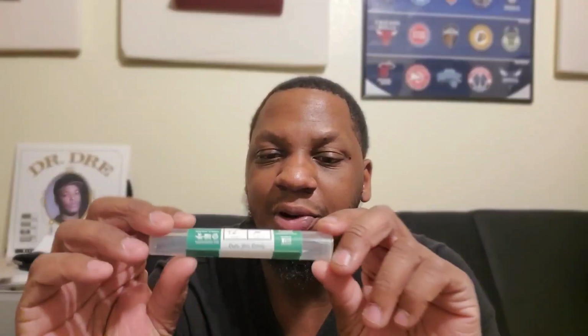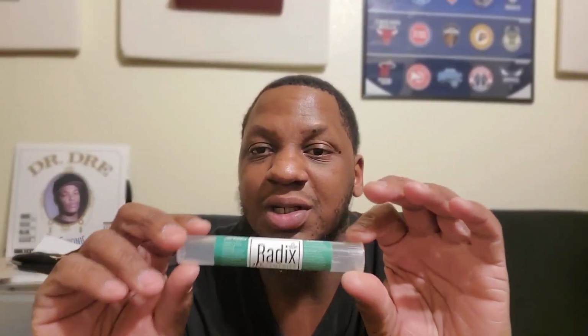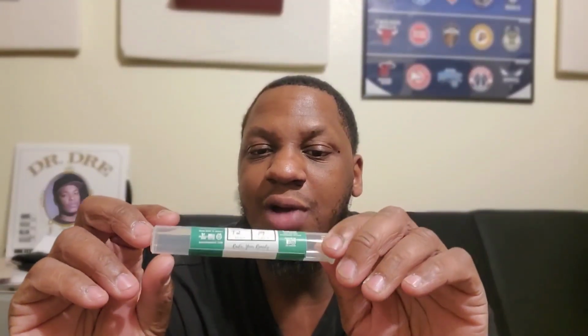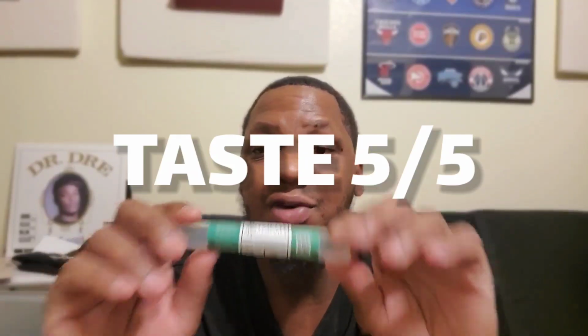The strain wasn't ground up too fine and dusty like a lot of pre-rolls are, so I did appreciate that. It was packed pretty tight, so they fit as much as they could in there. It burned pretty slow, so it wasn't a super quick smoke. So I did like that as well. So I'm gonna give the taste a 5 out of 5 as well. So yeah, 5 out of 5 on the taste, 5 out of 5 on the smell, 4 out of 5